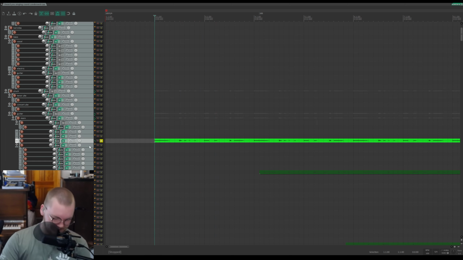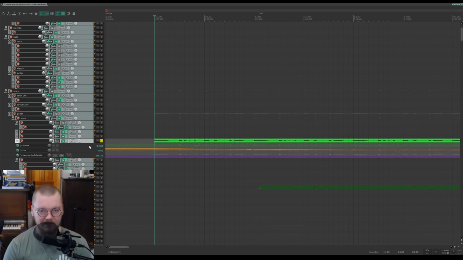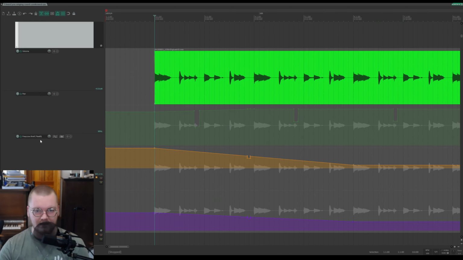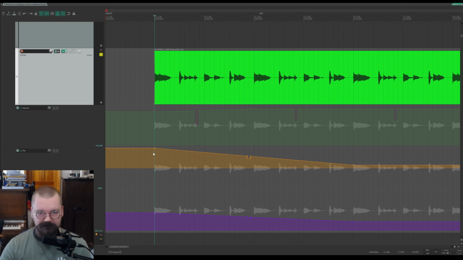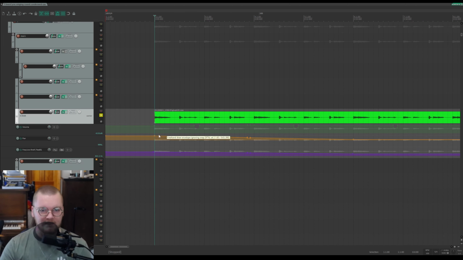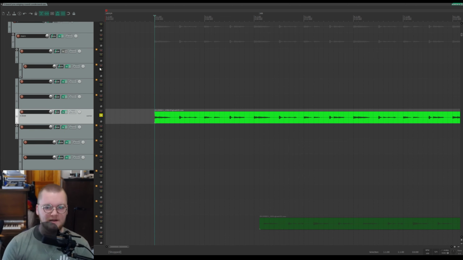It also, if you look at the panning of it, I guess you can see it there. It starts on the left, and you can hear that as well. It starts at 100% left, and then it moves to 15 left.